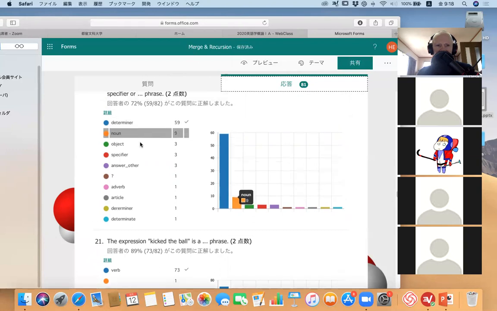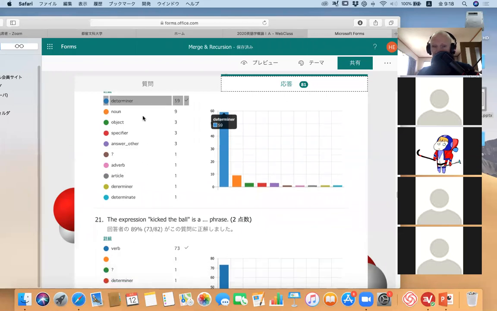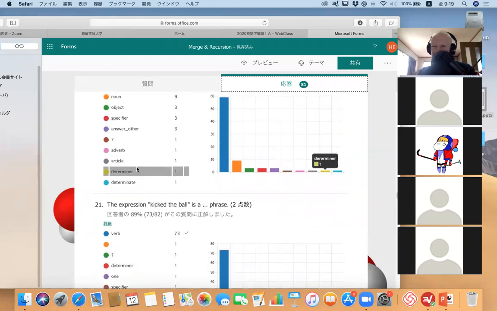Okay. Now, I would say be careful using article. An article is the indefinite article; the is the definite article. But an article is really one kind of determiner, right? It's a kind of specifier. Most is a specifier, yeah? For is a specifier, yeah? Every is a specifier. Those are not really articles, right? Those are kind of quantifiers and things like that. But they're kinds of determiners. So say determiner or specifier is probably the best way to do that. I would avoid saying article in this case because article is just one kind of determiner, one kind of